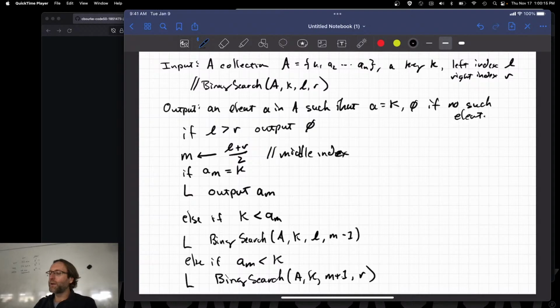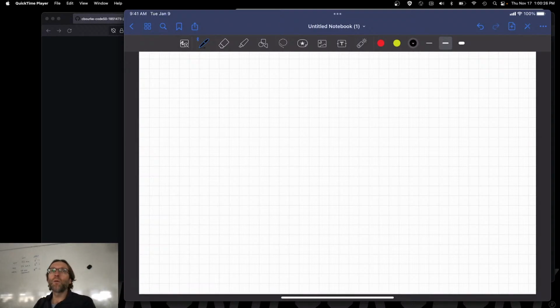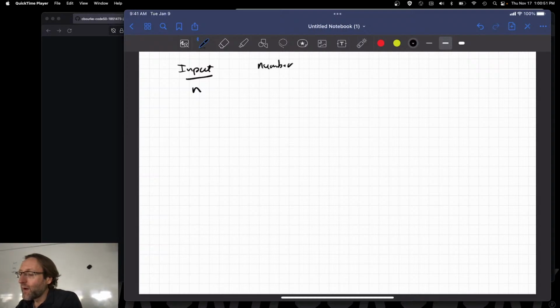We won't fully analyze this because to analyze this, usually what you have to do is bring in the master theorem, or you have to bring in some math. I'll bring in a little bit of math, but I won't do the full analysis of this. What I'll do instead is I'll write up a table here. So suppose that the input to start out with here is n. The worst case scenario is going to be exactly the same, where you don't find what you're looking for. And you end up having to move these indices back and forth, back and forth, back and forth until they've gone past each other. When the input is n, the number of comparisons to make